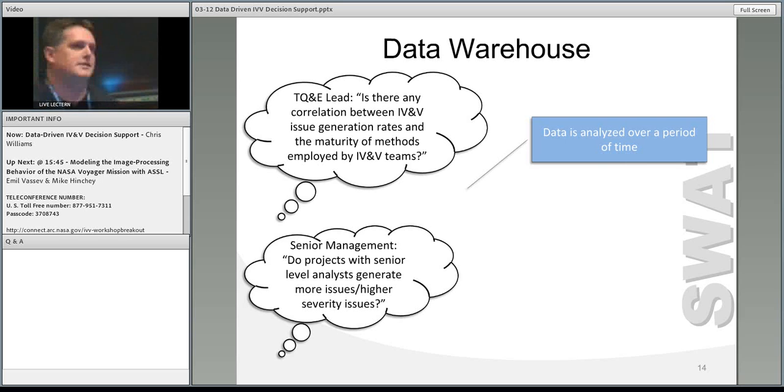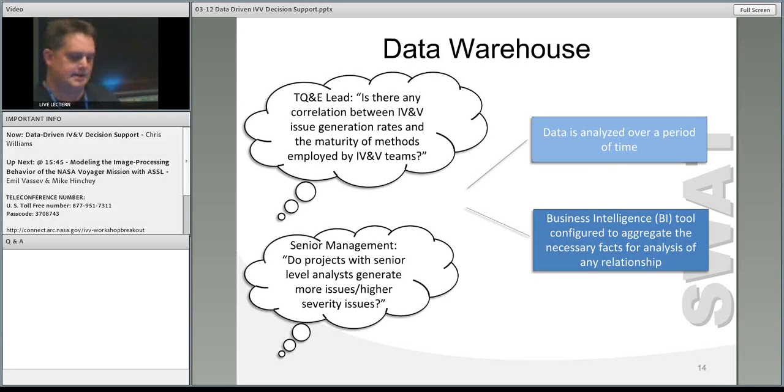When you start asking those questions, you really do need that historical data captured so you can see, over time, what you can glean from them. So the data is analyzed over a period of time. And then again, a term you'll see thrown around, business intelligence or BI: you configure those types of tools to aggregate or really integrate those facts, as I mentioned earlier,